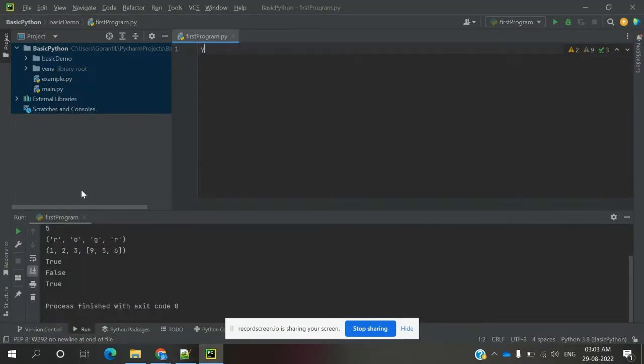Now you can see here, my set, and curly braces. Inside the curly braces I am declaring a string, comma, 1, comma, 1.2, comma, and I'm going to create a tuple 1, 2, 3. Okay,